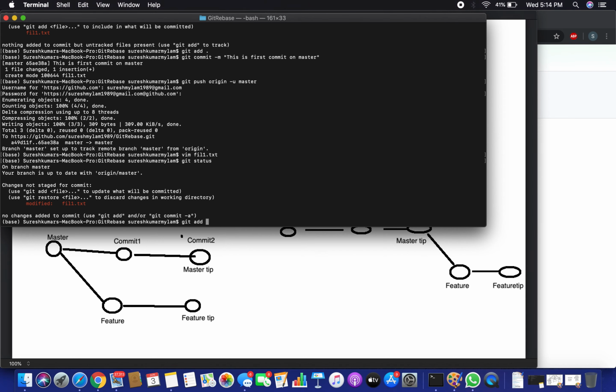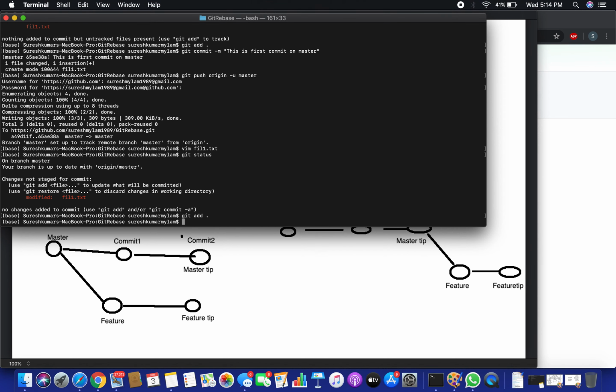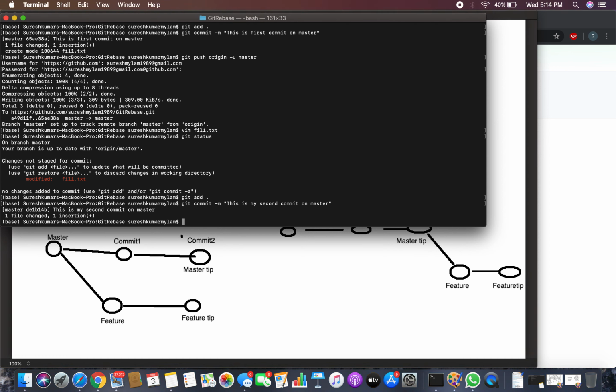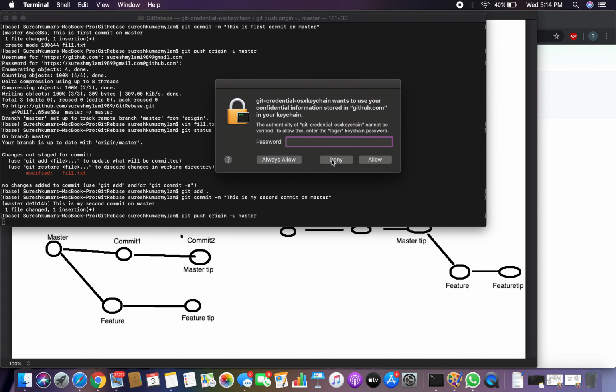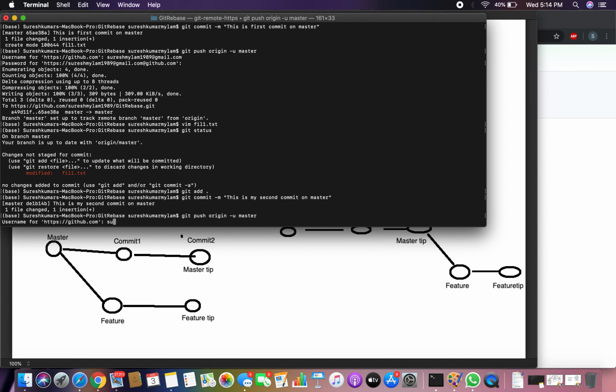Git add dot, you add it to the index, git commit -m. This is the message that I am going to provide: this is my second commit on master. Okay, now git push origin -u master. I'm going to enter my credentials.